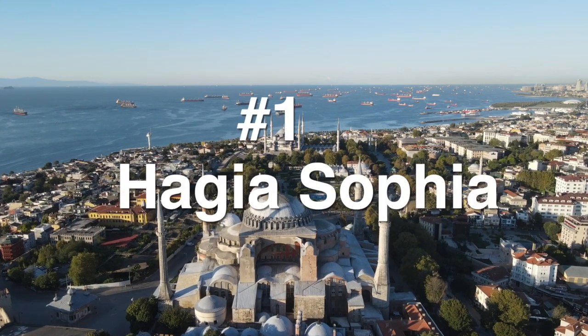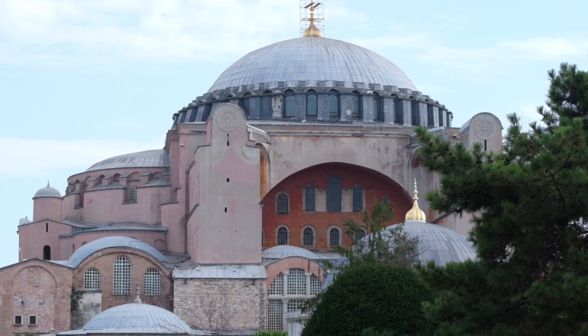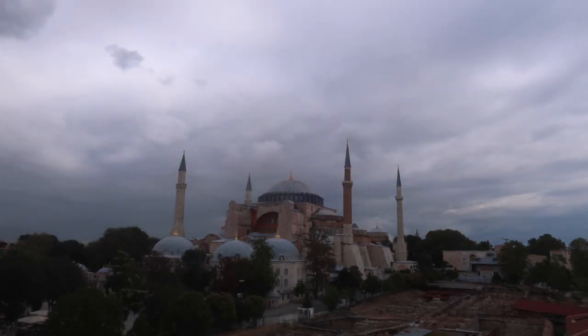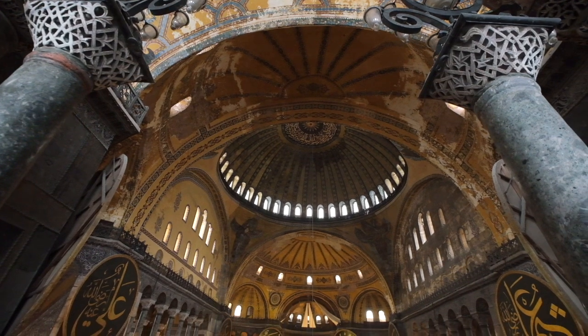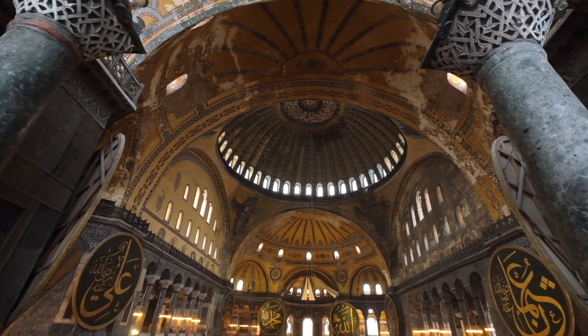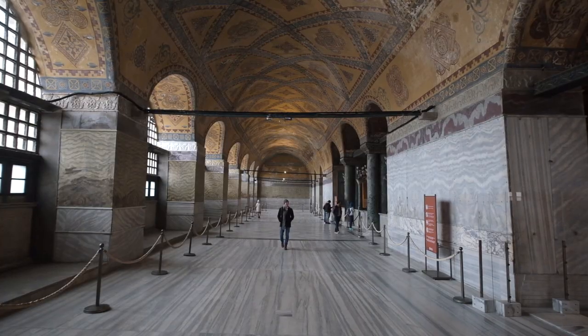Okay, now that we're all on the same page, let's jump right into our list with what probably is the most obvious one, Hagia Sophia. If you are visiting Istanbul, it is nearly a requirement that you at least visit Hagia Sophia. Built over 1,500 years ago, it was the largest building in the world for nearly half of its life. Its architectural and religious significance is honestly hard to overstate. It was first built as a church, then converted into a mosque, then a museum, and now it is an